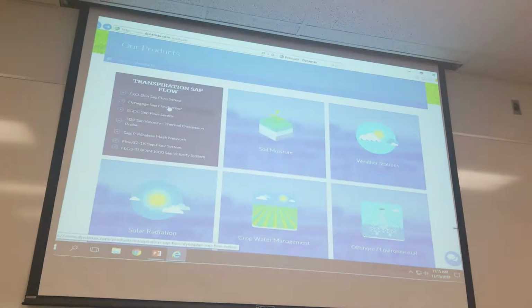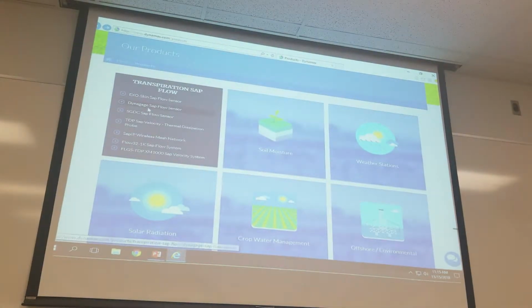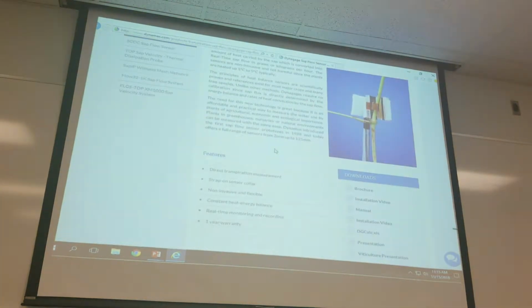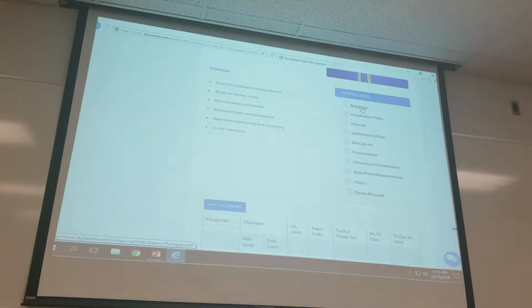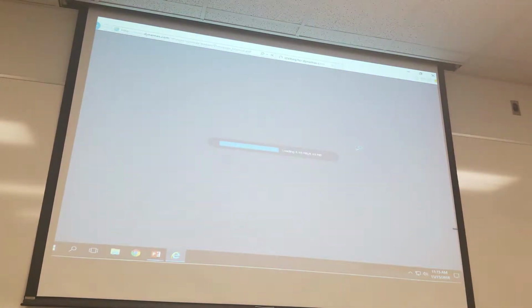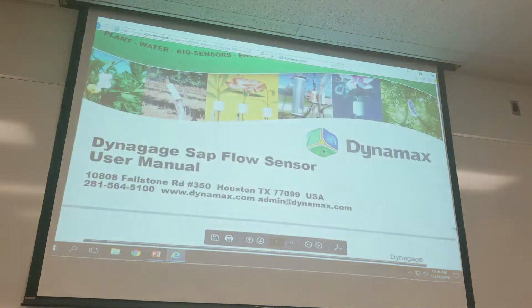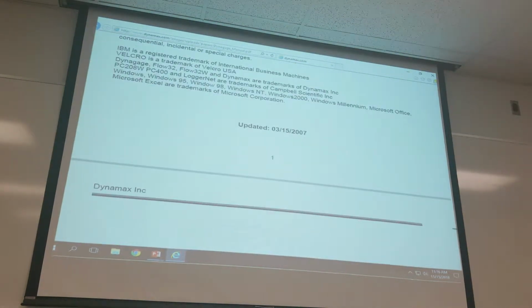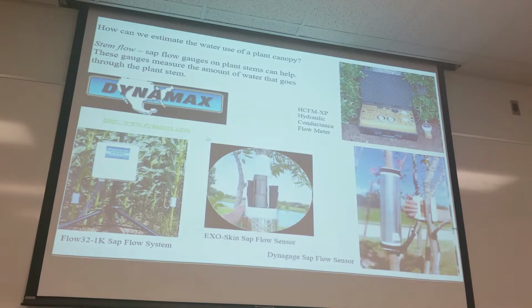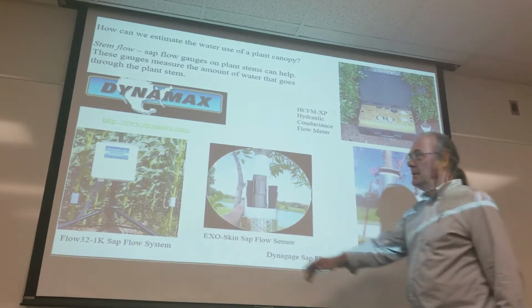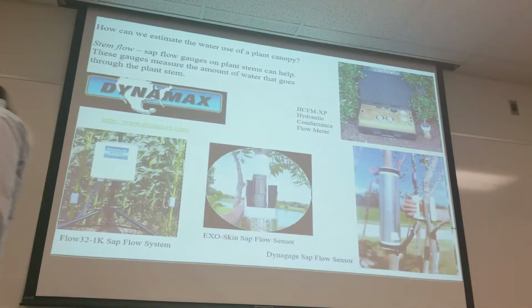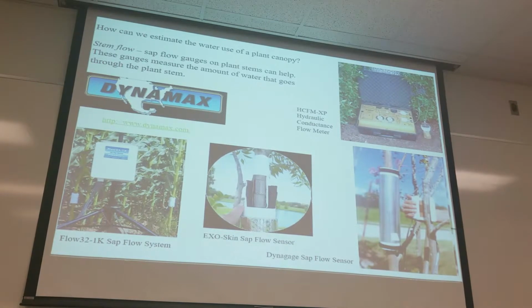But this thing is called the Dynagauge Sap Flow Sensor. So you can go here, have a look at it, look at the brochure, look at the manual. And there's a lot of information about how these things work. Have a look at that website. This company, Dynamax, was started by a fellow named Kees Van Babel, who taught at Texas A&M University, retired